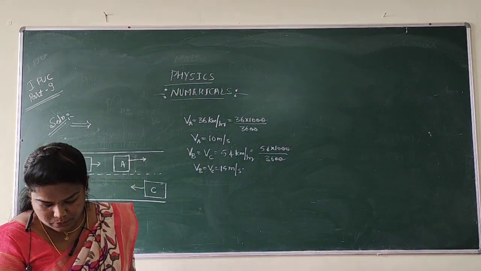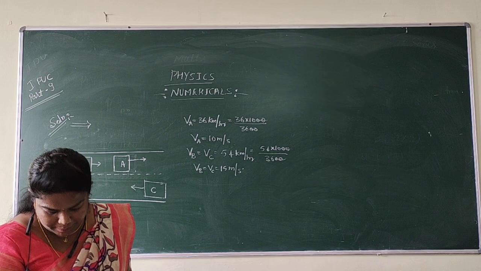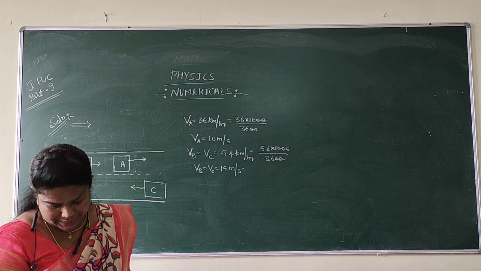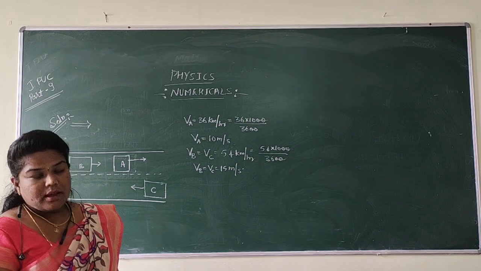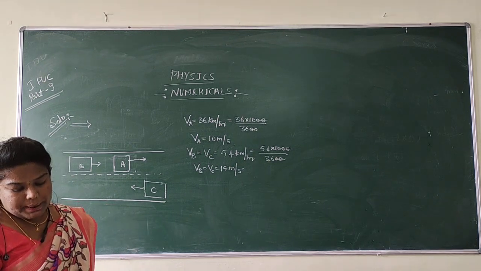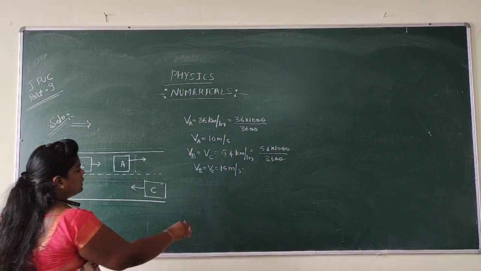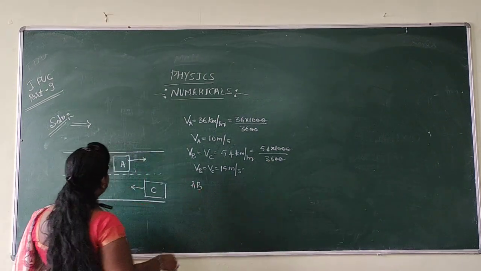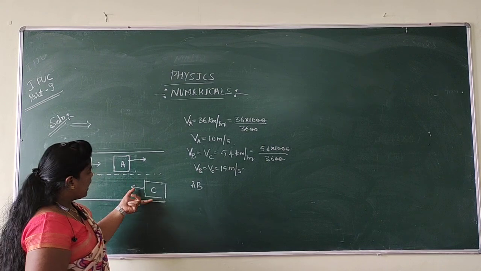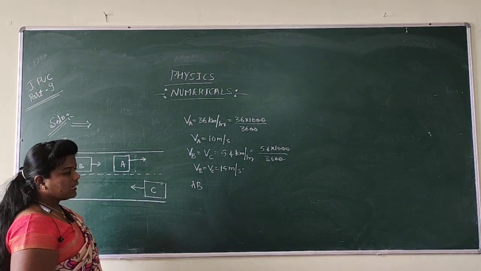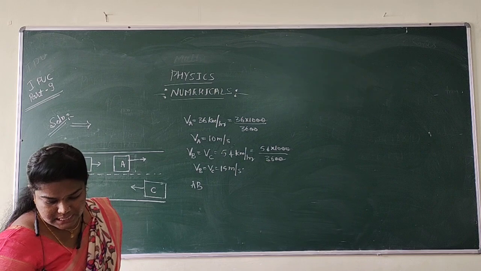When the distance AB is equal to AC, both being 1 kilometer. They have given that when the distance between car A and car B, as well as the distance between car A and car C, you can see that when the distance between AB and AC